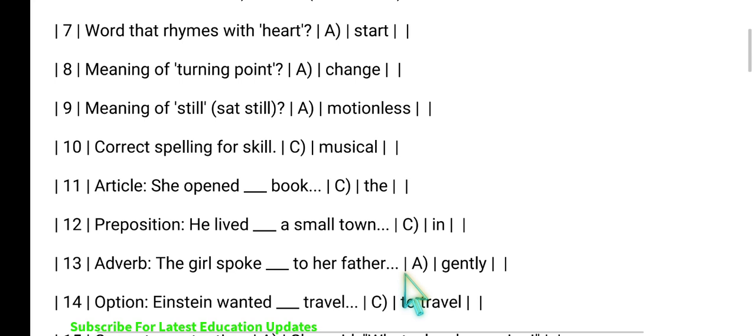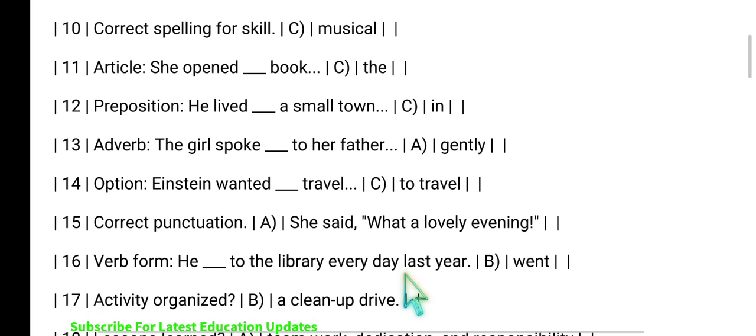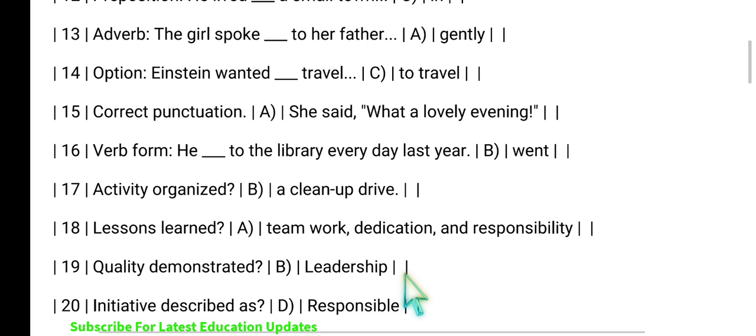Fifteenth one. She said, what a lovely evening. So the correct answer is: she said, comma, inverted commas begin, what a lovely evening, followed by the exclamation mark and the quotation mark ending. Next one, sixteenth one. He dashed to the library every day last year. The sixteenth one is here went. Though it was past tense, it happened every day last year. With the help of the time notion last year, we can say that the appropriate verb form is went. Then 17 to